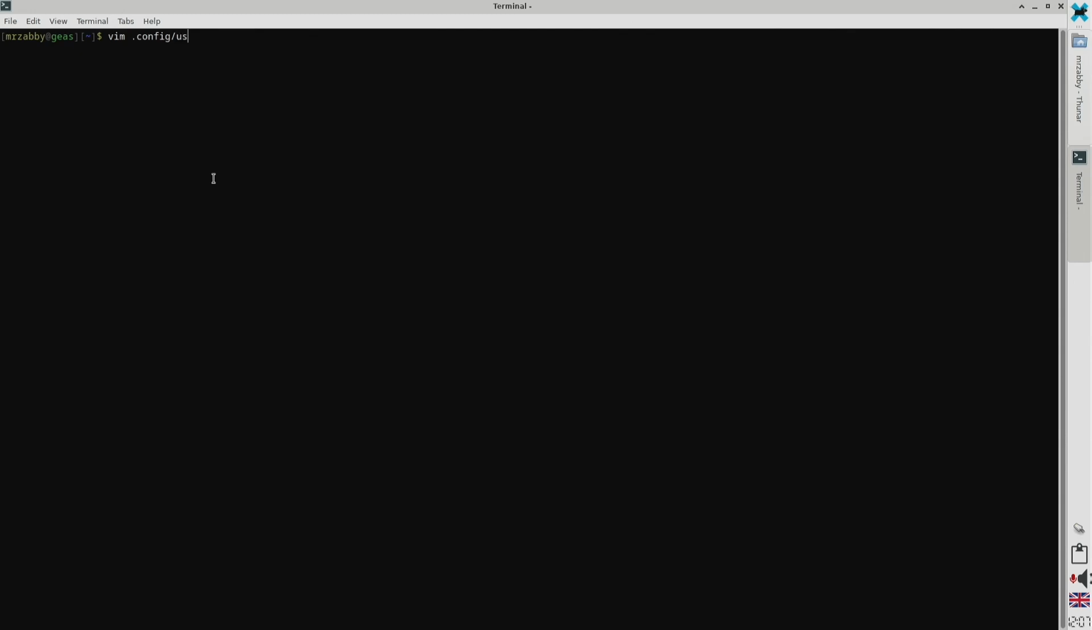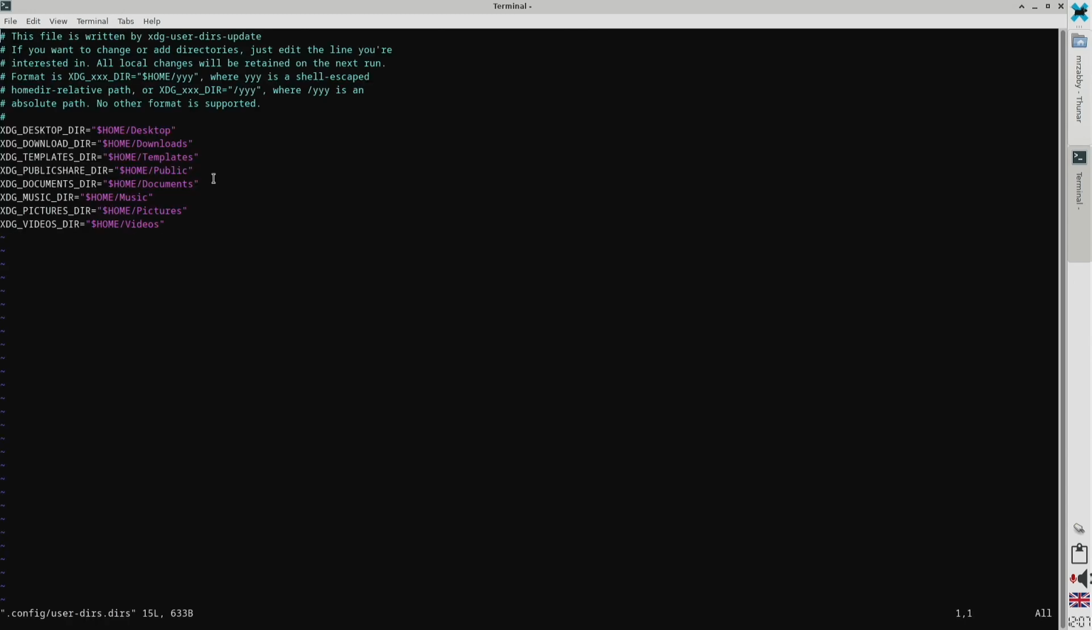called user directory like this, and yeah, now we can see the variables we can change. So I'd like to use all lowercase. So let's have it for desktop. Downloads, templates,